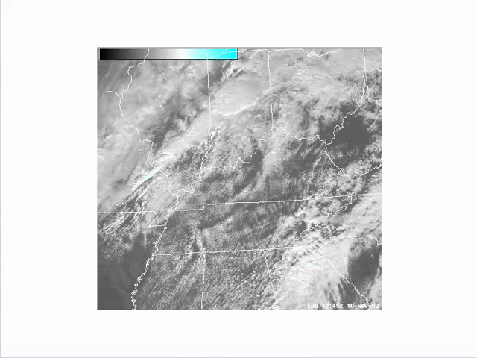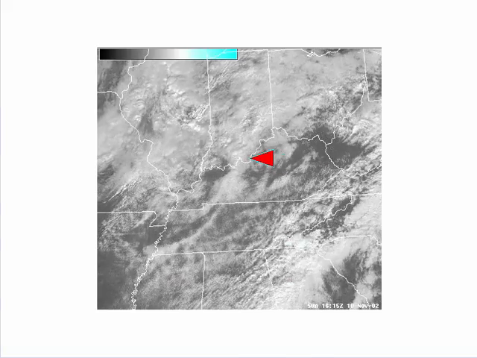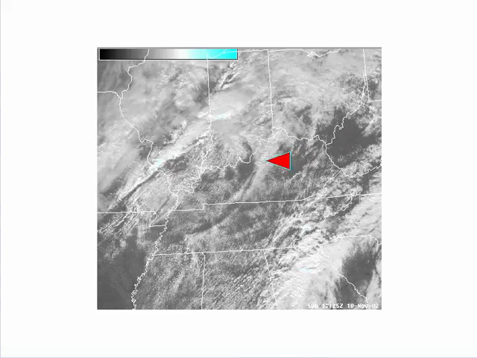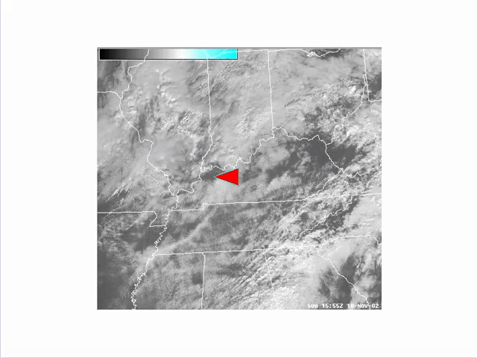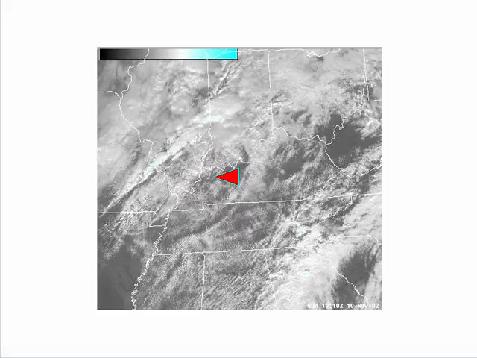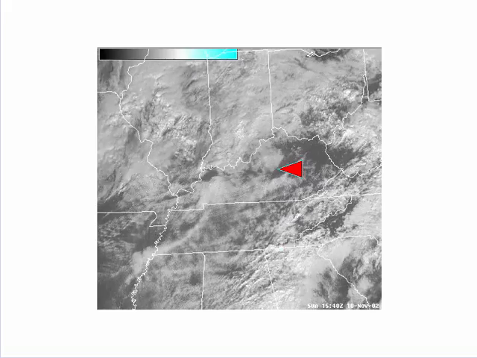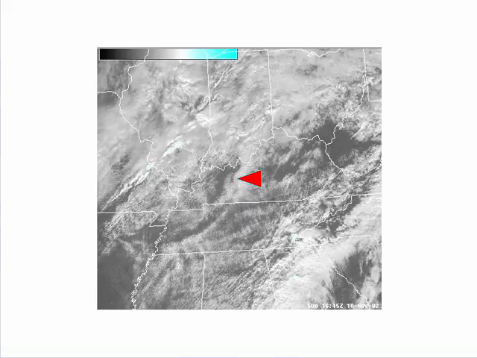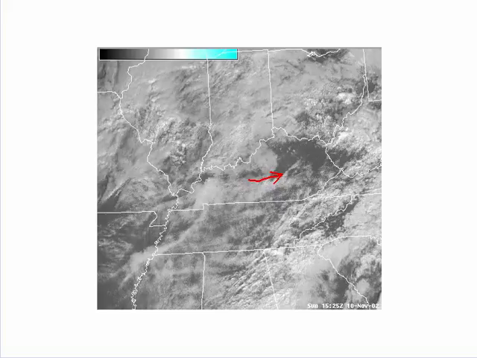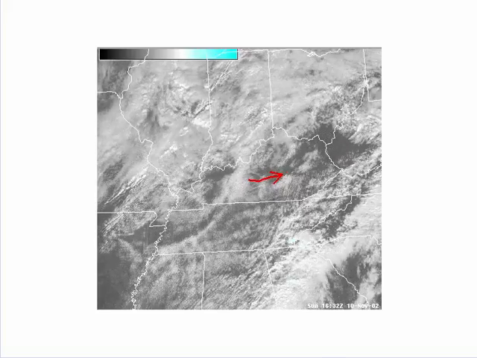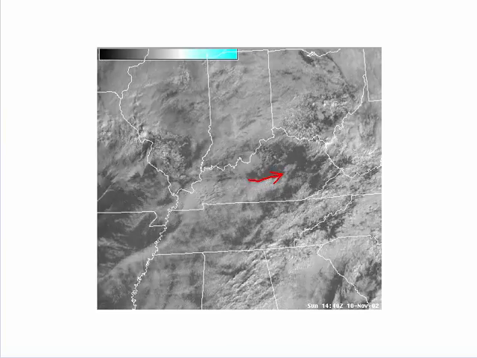We see a couple other interesting features here, one moving across Kentucky towards the east, and then another one right behind that moving towards the east. When you first look at that, you may think of it as a boundary, but in this particular case, you can see this feature as it moves towards the east. It's actually going over the top of some of the low-level clouds. So this is likely some sort of wave generated by the strong flow aloft, the jet,